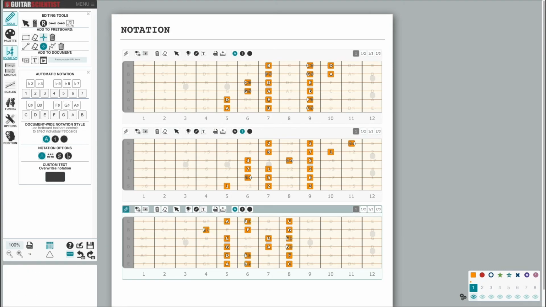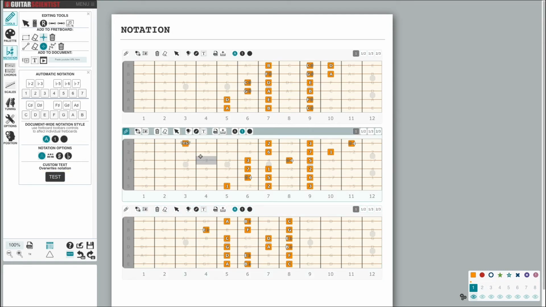The last element in the notation panel is the custom text field. This allows me to write anything inside a label. I just have to write into this field and then place the marker. That will contain my text. To go back to placing normal markers, I have to delete the content of this field. The custom text is always shown with priority over the automatic labels, regardless of any other settings I make for the automatic notation.